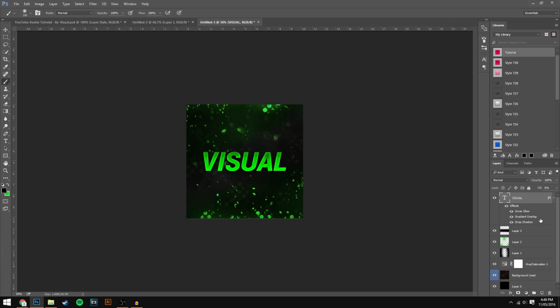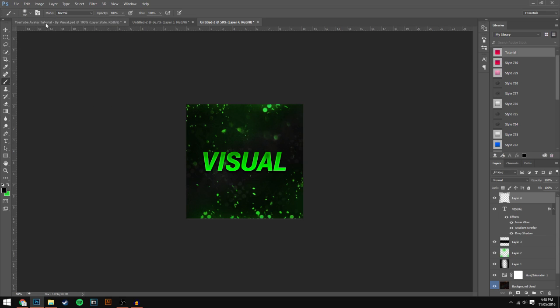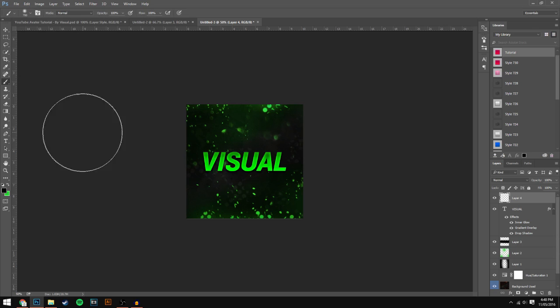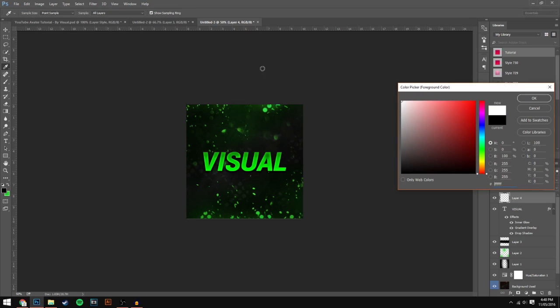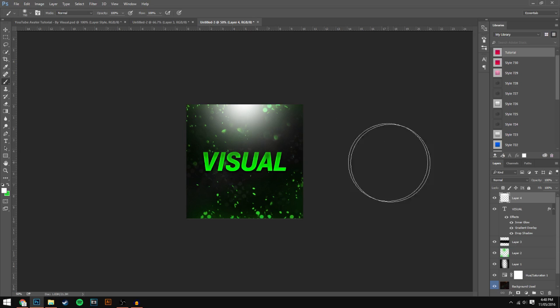So one thing we are going to do is make a brand new layer once again. Go to the brush tool and increase the size to, let's say, 700. That may need to be increased even more. No, 700 looks good. And then just make sure that the foreground color once again is full white. So hit OK and OK again, and then just hit the brush tool in the top middle part of the logo, and then as you can see it will give this a white lighting effect,